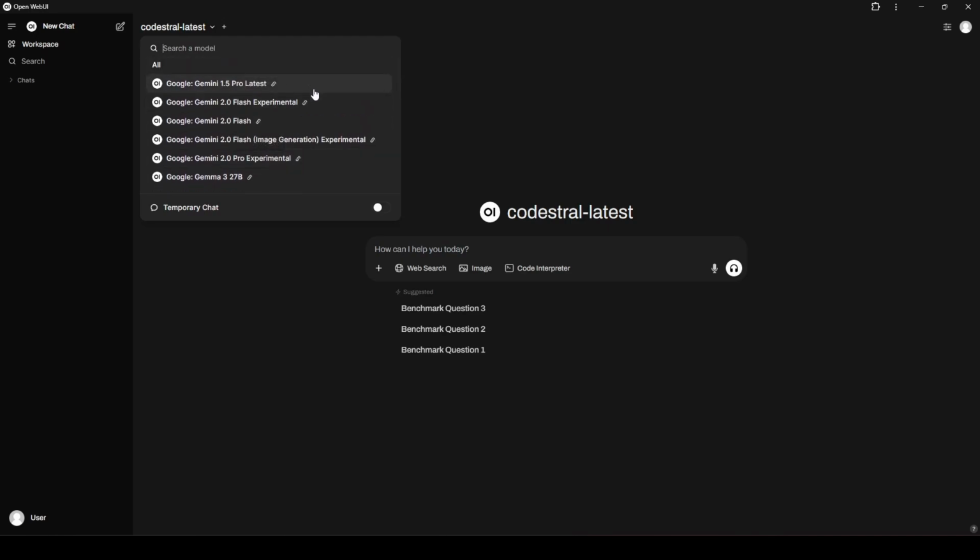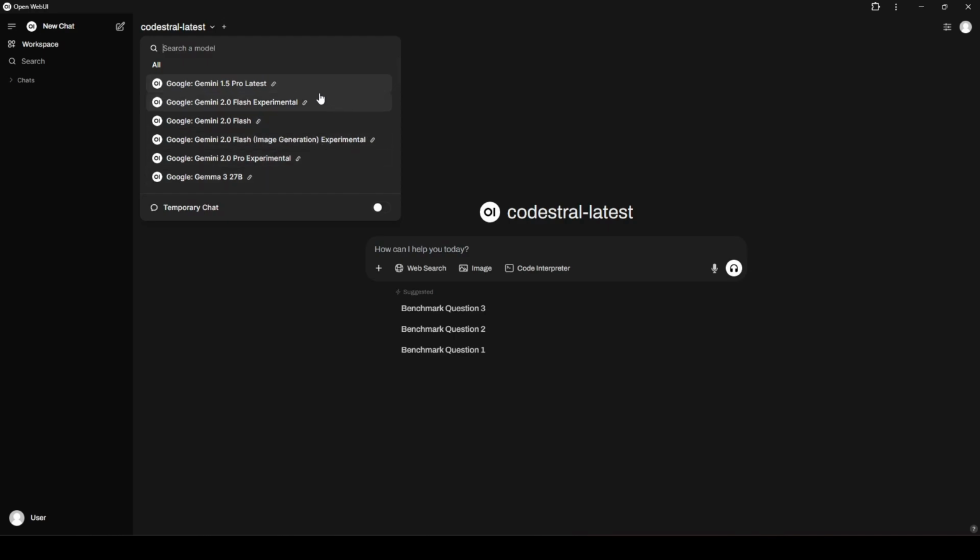Now, the Google models here. At the time I'm recording this, it is March 20th of 2025. The image generation in Open WebUI doesn't currently work yet. There's a couple of people working on pipelines and things like that to get the image generation working, but currently I can't just click this image generation model and have it actually give me an image yet. So when that is working, I will be using that, because Gemini's image generation is actually pretty stinking good.